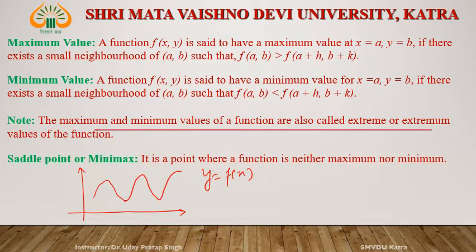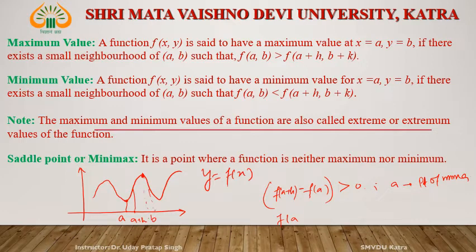See this point. This point is x is equal to a. Consider its neighbor point, a plus h. If f(a+h) minus f(a) is greater than 0, then this a is a point of minima. And suppose our a is this, or b, say b is this,